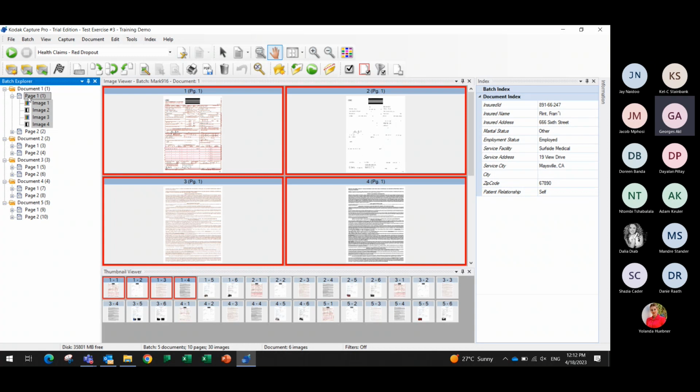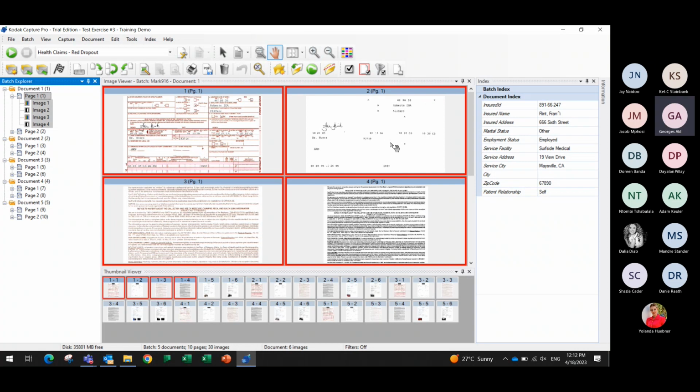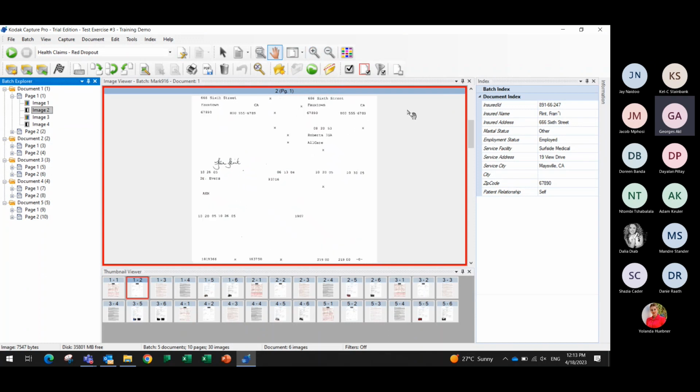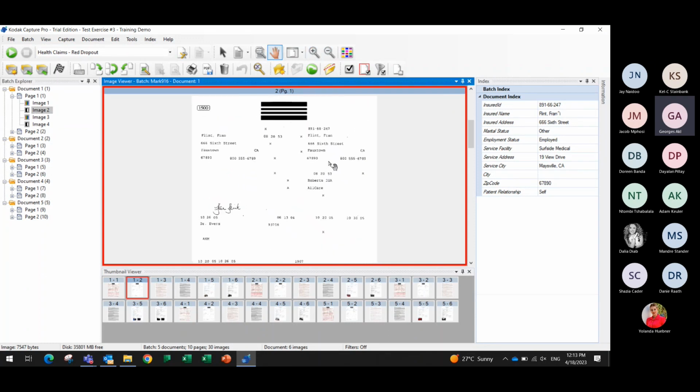In this case, we didn't just do the color, we didn't just do the black and white, we also use the color dropout from the scanner. It's also a feature from the scanner driver that will remove a certain color from the page. This is to enhance the accuracy, to have a better, clearer view of the values. So this is when we have the option